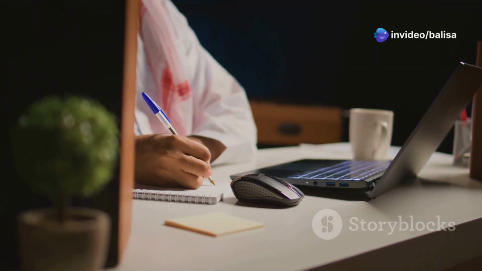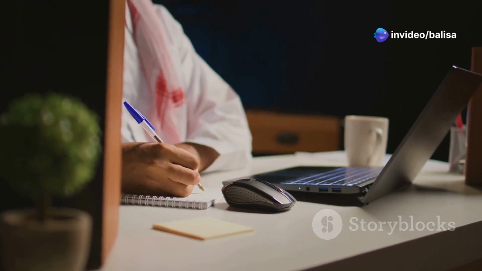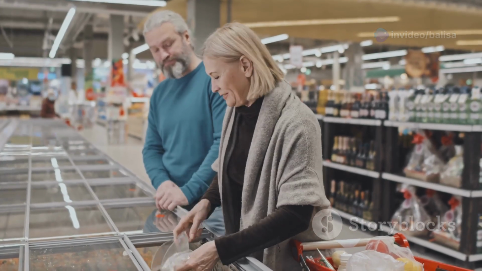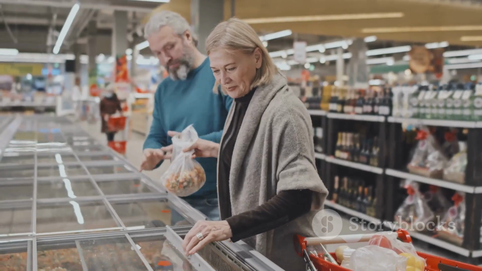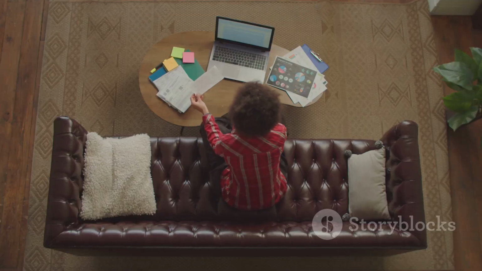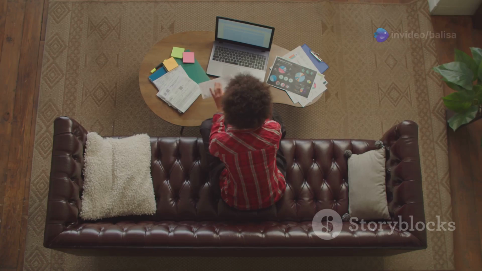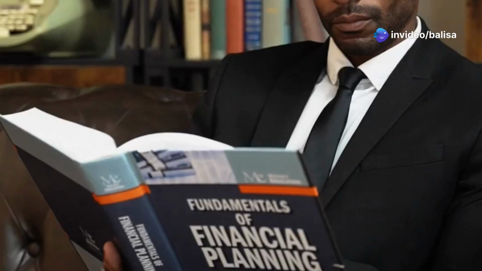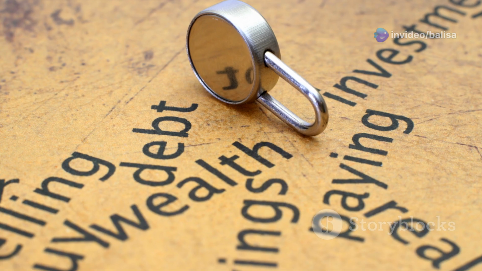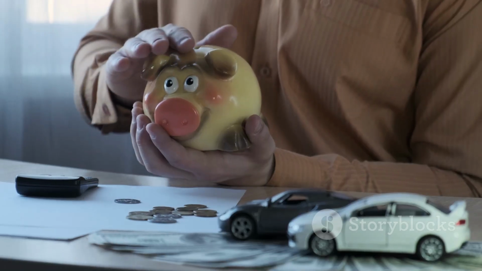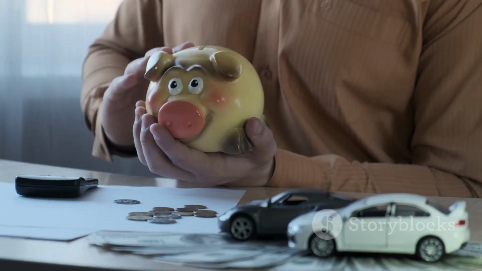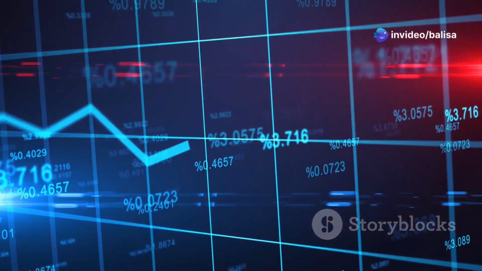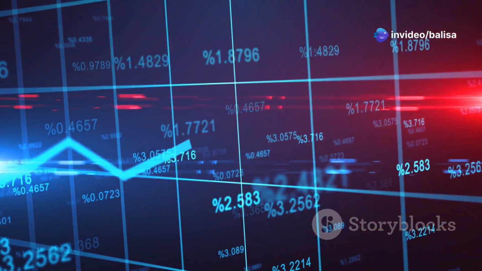Expenses, on the other hand, are the outgoings, the money flowing out of your financial reservoir. They can either be necessary for daily living or discretionary, reflecting your lifestyle choices. The key is to find a balance, spending less than you earn so you can direct more of your income towards building wealth. And how do you build wealth? By acquiring assets, of course. Assets are your money magnets, attracting more financial abundance into your life. They work for you, generating income, appreciating in value, and securing your financial future.